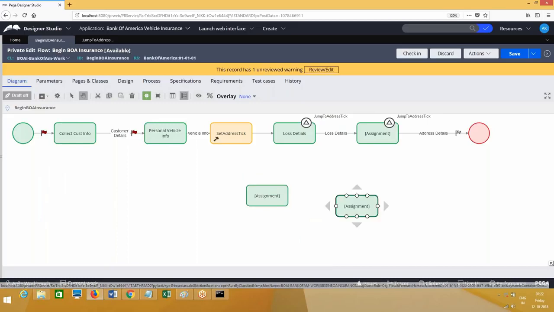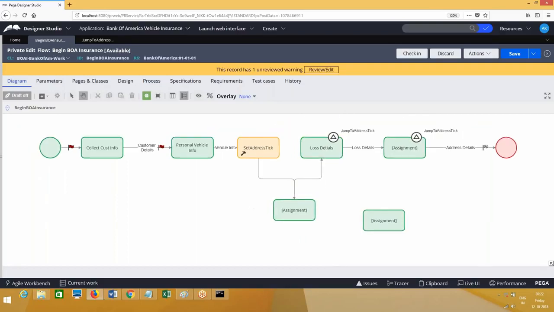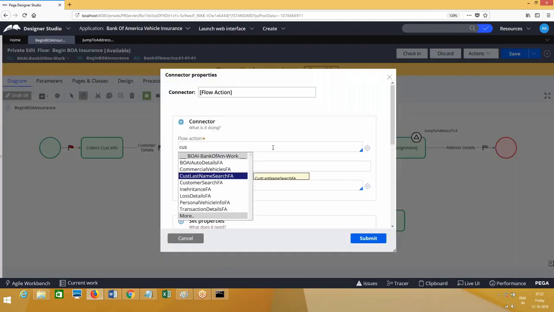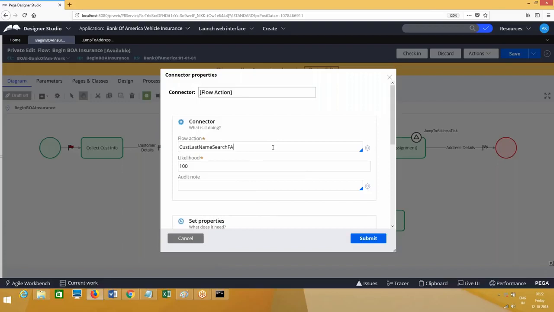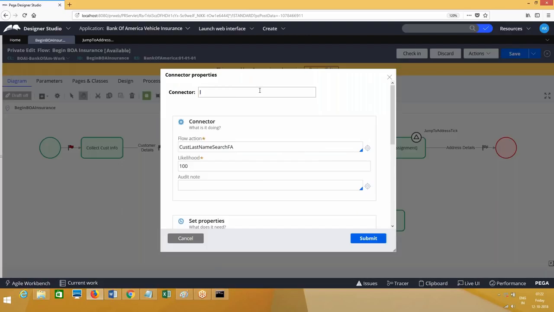Okay. So here, after setting the ticket, it will go to this place where it is looking for customer search. Let's say it is for customer last name search. You remember that we have customer last name search here. This is how the questions will be asked in interviews.